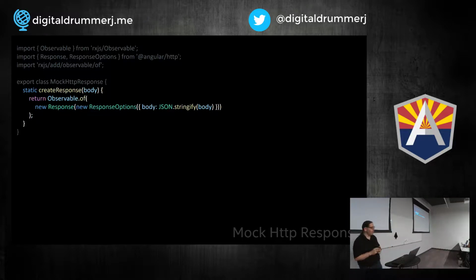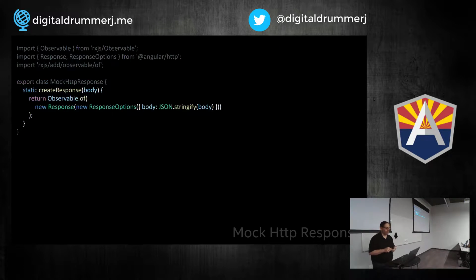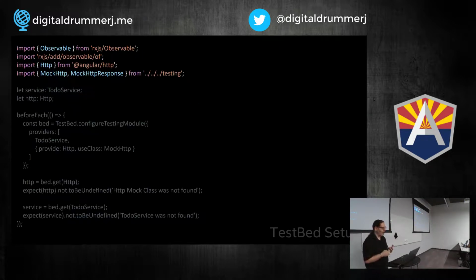You're supposed to be able to use something called mock backend that's built into Angular. I have yet to be able to get that working correctly, and I've yet to find the documentation, and they have not updated their testing guide actually on how to use it yet. So this is what I found to get around that: between this file here, mocking everything out with the appropriate response. Now when I go do testing, I import all of that stuff,